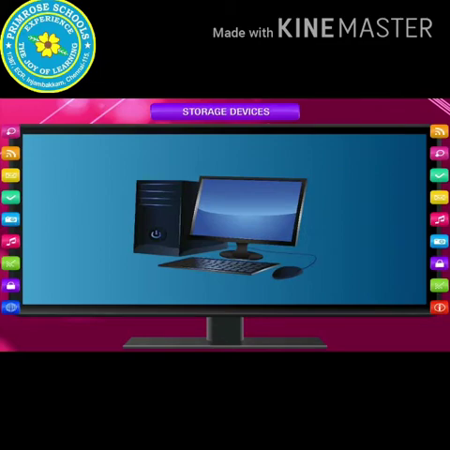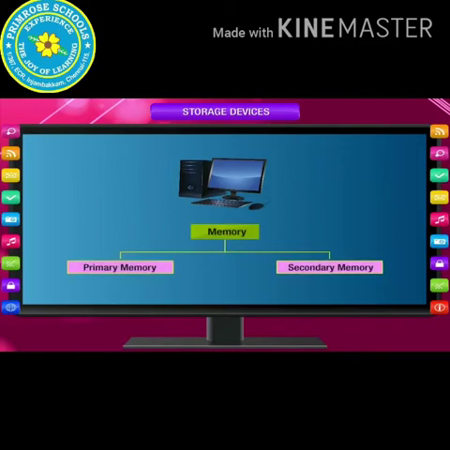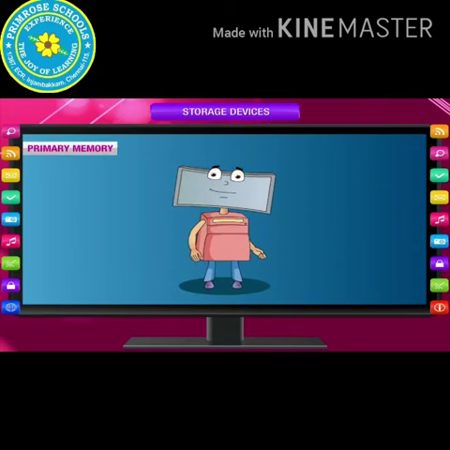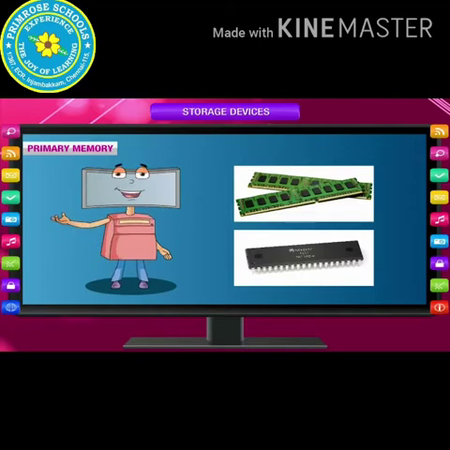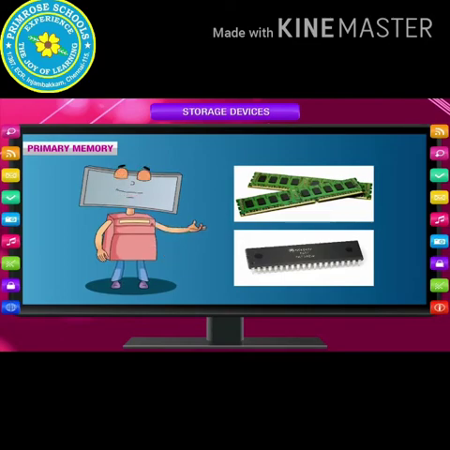A computer has two types of memory: primary memory and secondary memory. Primary memory. Every computer comes with a certain amount of primary memory or main memory. This memory is limited, and information stored in this memory gets erased when you turn off the computer. This is internal memory that is constantly overwritten with new data and programs for quick access. It provides temporary storage of small-sized data.